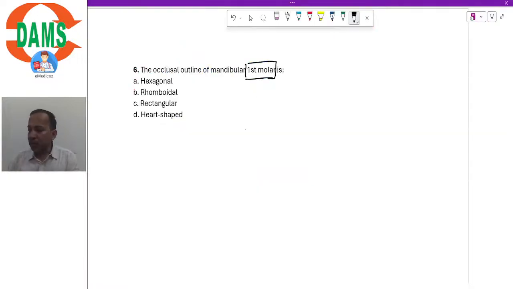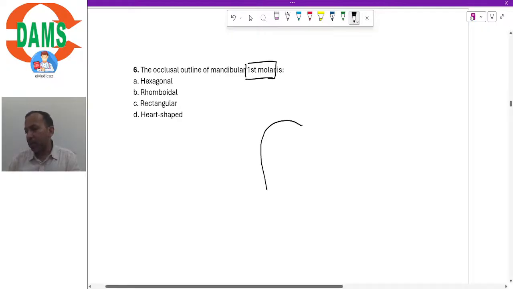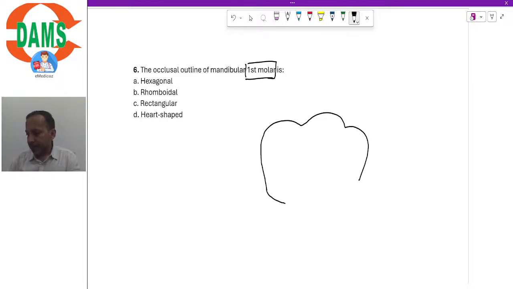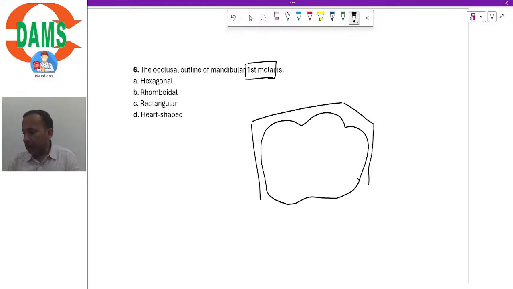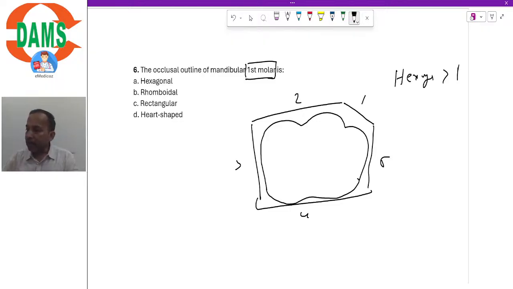So if the mesiobuccal angle is not that prominent, it's not that rounded, what will happen? Then it will appear like a pentagon, isn't it? 1, 2, 3, 4 and 5 sides, right? So usually it is a hexagon, then a pentagon,